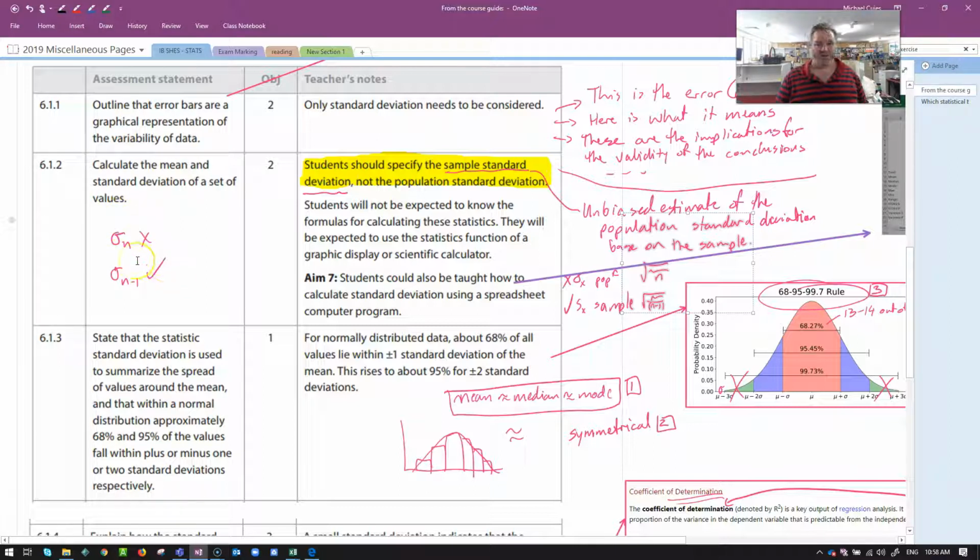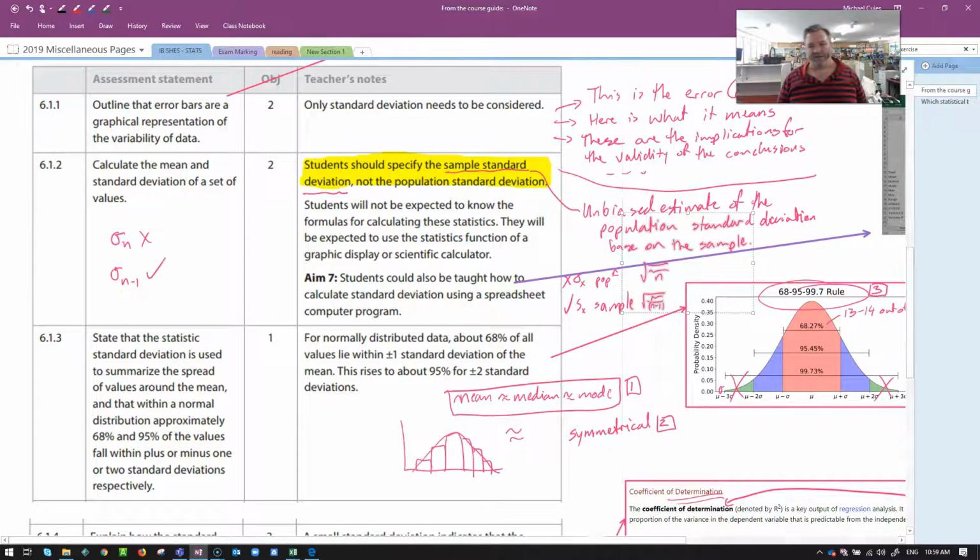Because when you're trying to estimate, the reason you use a sample is because it's too hard to collect data from everyone, which would be a census, so you do a little sample, but you're trying to make predictions about a bigger population. So when we do a mean, the mean of your sample is likely to be close to the mean of the population, but definitely the variation in a smaller group will be less than the absolute variation in a large group. So that's why there's a different calculation when you're doing the standard deviation from a sample